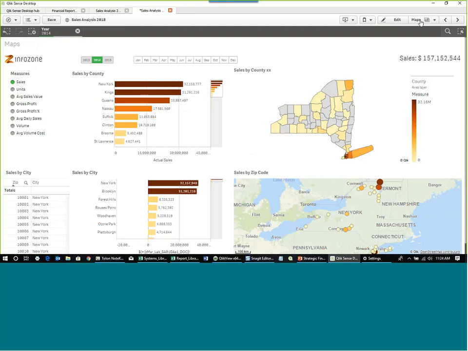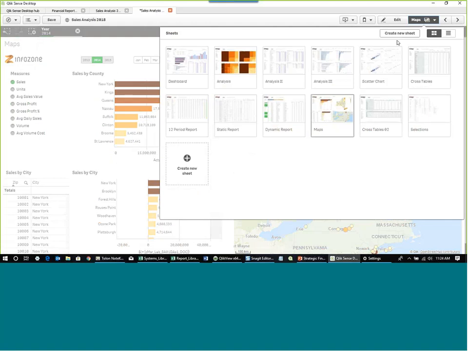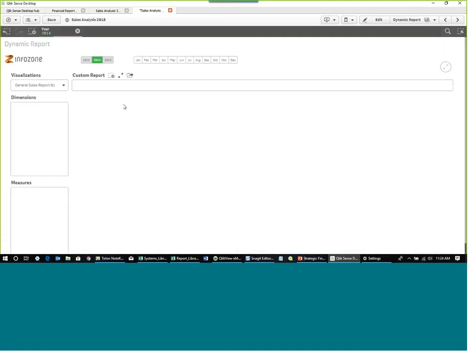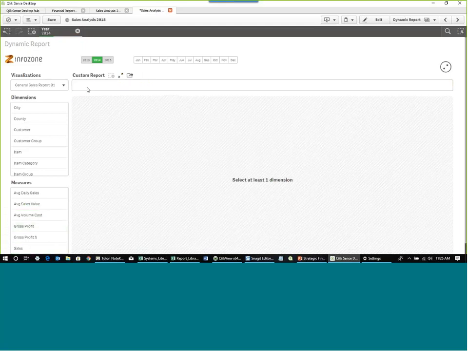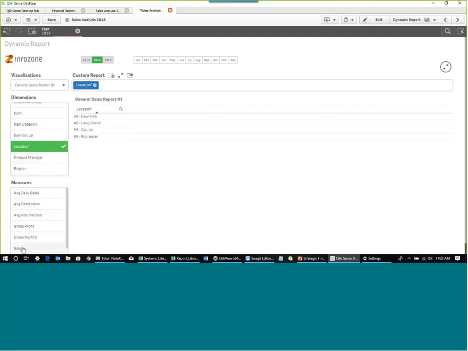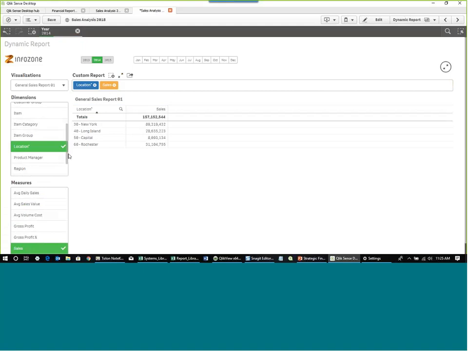dynamic reporting in Qlik Sense. And let me start on a clean slate here, and you'll see. So we can start with sales by location. So that's my sales by location. And then you can add, these are all the dimensions available for this report. And they are defined, as I said, in the systems library. And you can bring them in